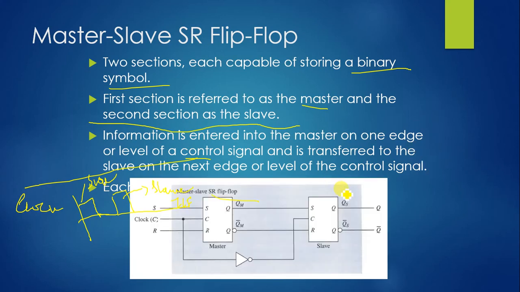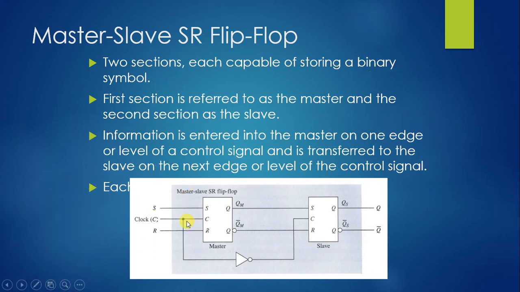So let us consider this as a master-slave configuration. This is an SR latch, a set-reset latch, where the set bit and reset bit are connected to the respective inputs, and the clock is connected to the clock, where the clock here is connected through a bubbled NOT gate. That means whenever the clock is enabled high here, this will not receive the clock, or this will receive a negative pulse, which doesn't enable the circuit to work.